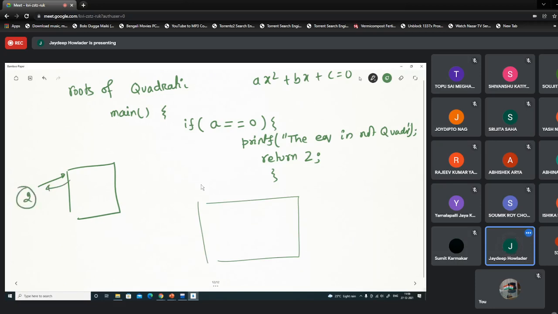Understand? Otherwise, if the condition is false, then I can start my program where I return a 0. That means when it returns 0, the program is successfully executed. It's a standard way to return 0 from the main function rather than any other integer. It is basically a condition for when we have some error or exceptions. So these are the exceptions.